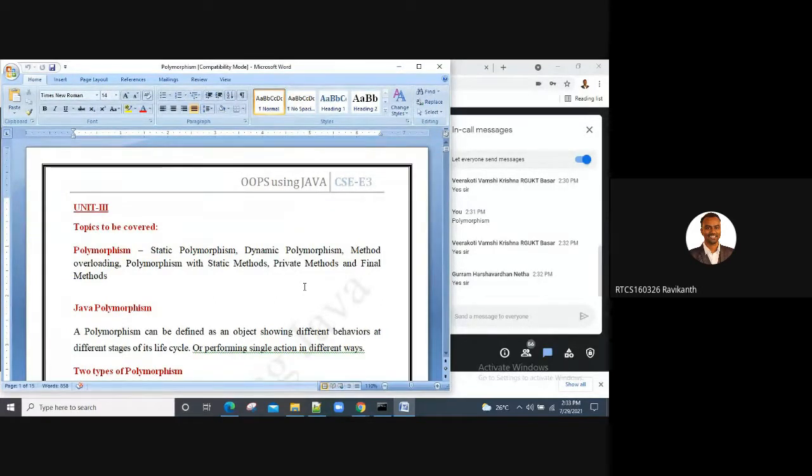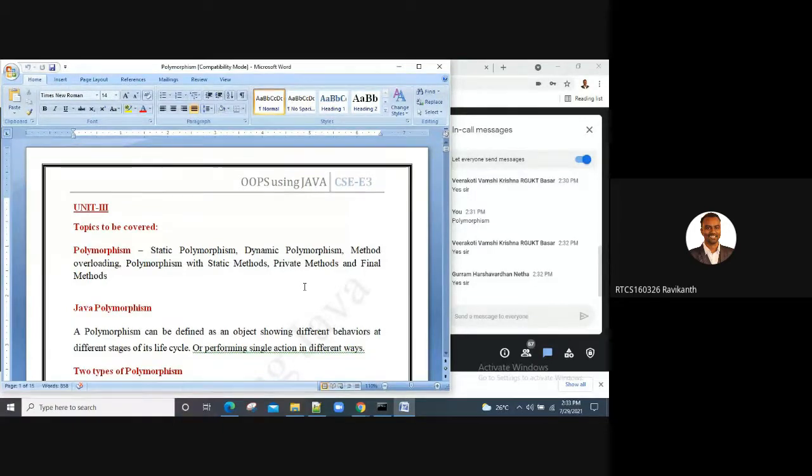I gave the example of a student behaving differently. When he's in a class, he behaves differently. When he goes to a faculty, he behaves differently. When he goes to a HOD, he behaves differently. When he goes to his hostel, he behaves differently. Similarly, when he goes to his house, he behaves differently.